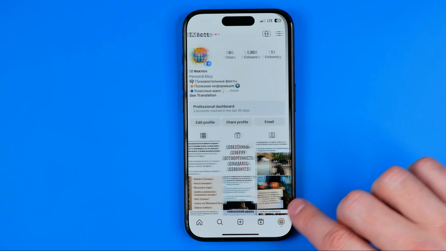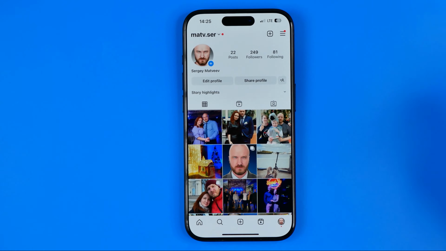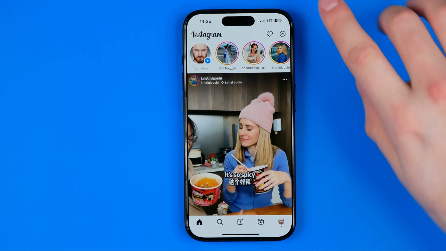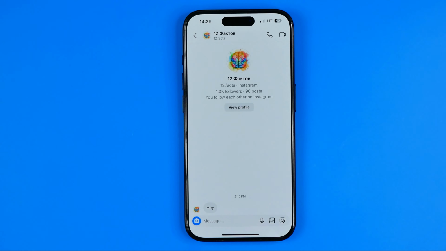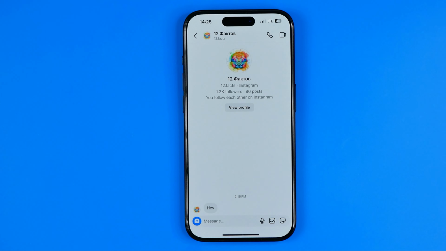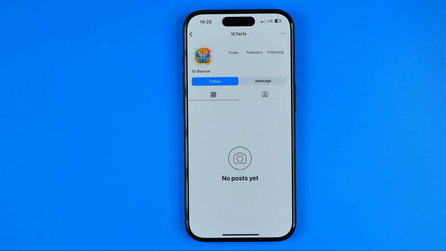Then, if we head back over to my main profile, how do we know if a particular user blocked us on Instagram? The first and the easiest way to do so, if you had a conversation with that user, you need just to go to that conversation, just open it up. As you can see, I got a conversation with that user, and if we tap at view profile,